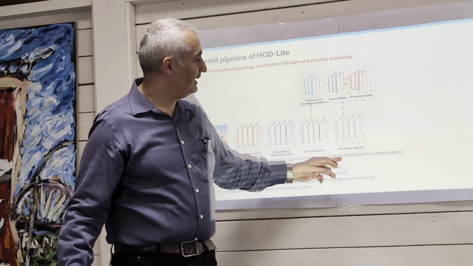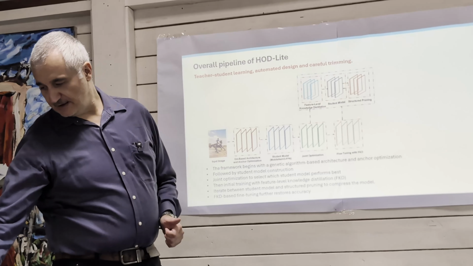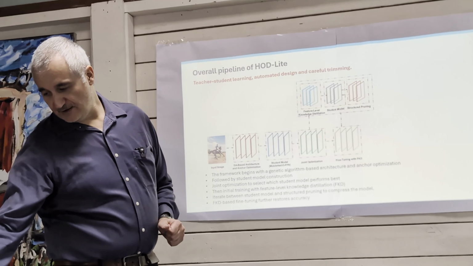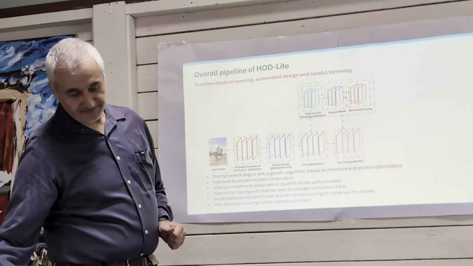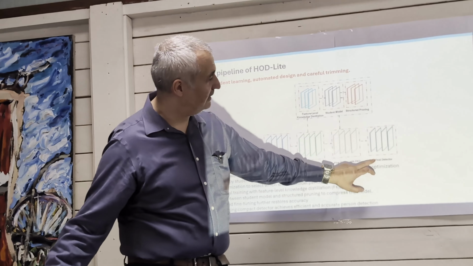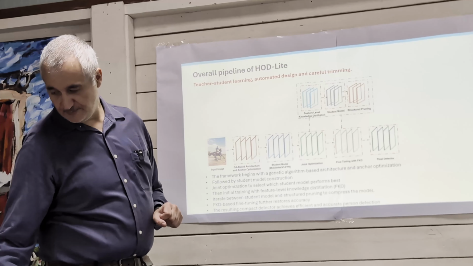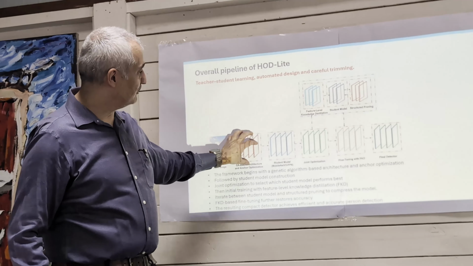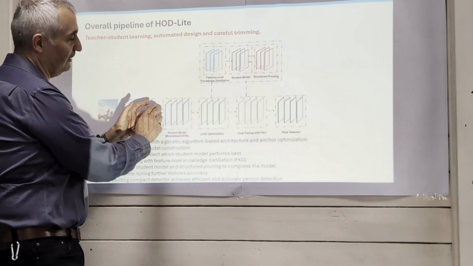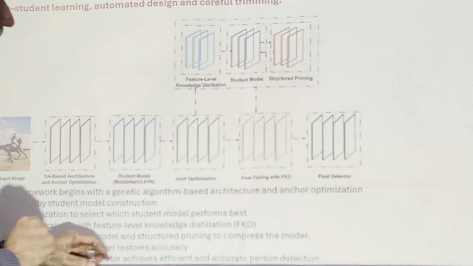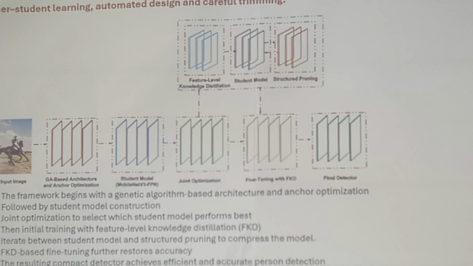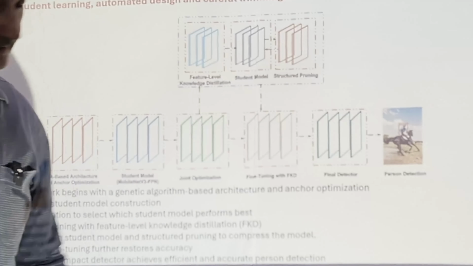And then come back and do some fine-tuning with further feature knowledge-based distillation. It gets really technical if we want to go any deeper. But the process is that you start with a large model that is already trained. I mean, we could be starting from zero, or we could be handed a system that has the large model, and then we can apply all these steps to obtain a final detector that is lightweight compared to the original one. And then we can detect the person.